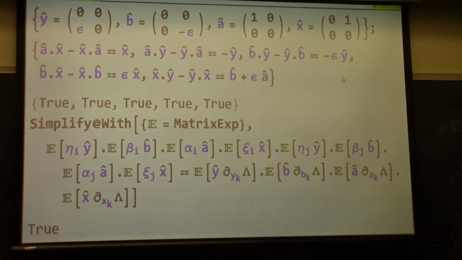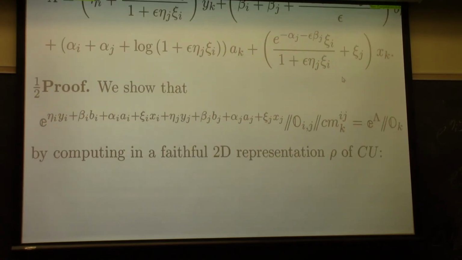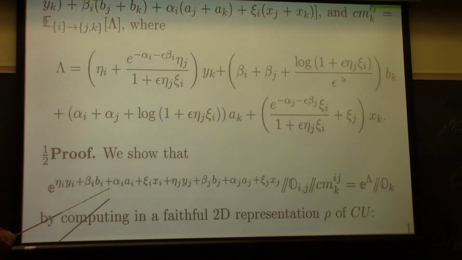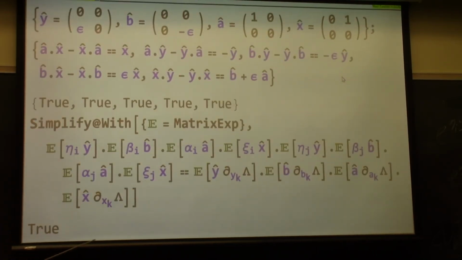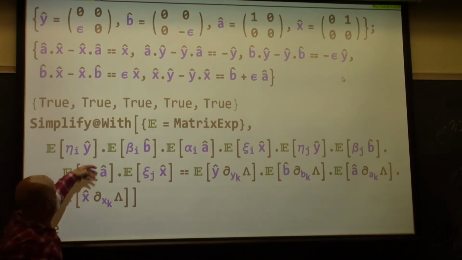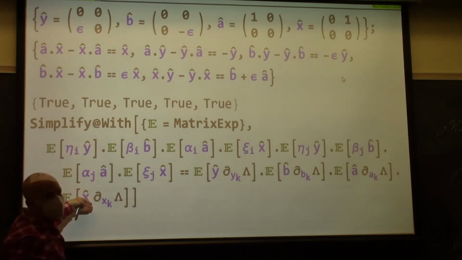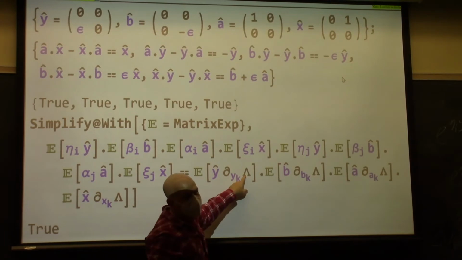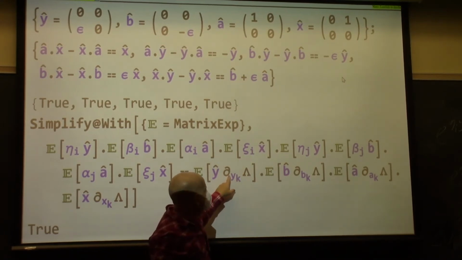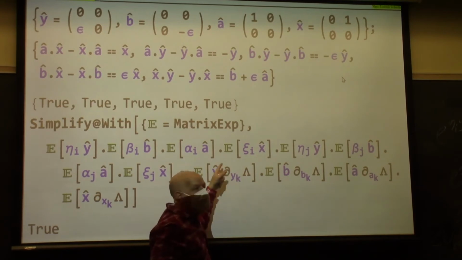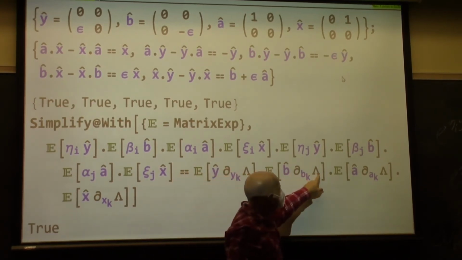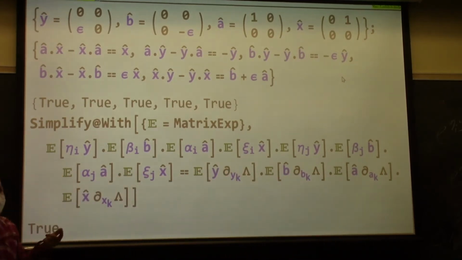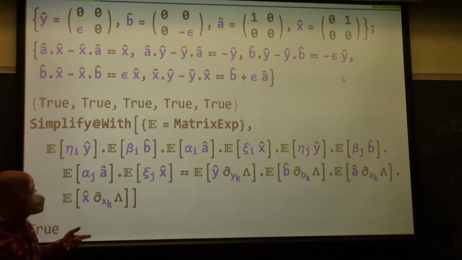I told you I'm not emotionally attached to this formula for lambda, okay? So let me tell you how I found it. I found it by typing exactly the same thing, but instead of writing here delta yk of lambda, I wrote here lambda 1, and here I wrote lambda 2, and here lambda 3, and here lambda 4. I actually don't remember what variable names I used, but the point is that